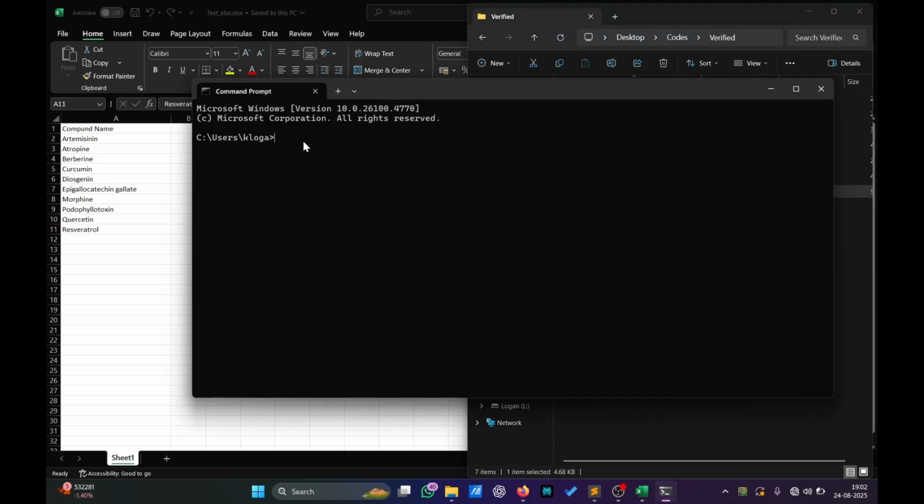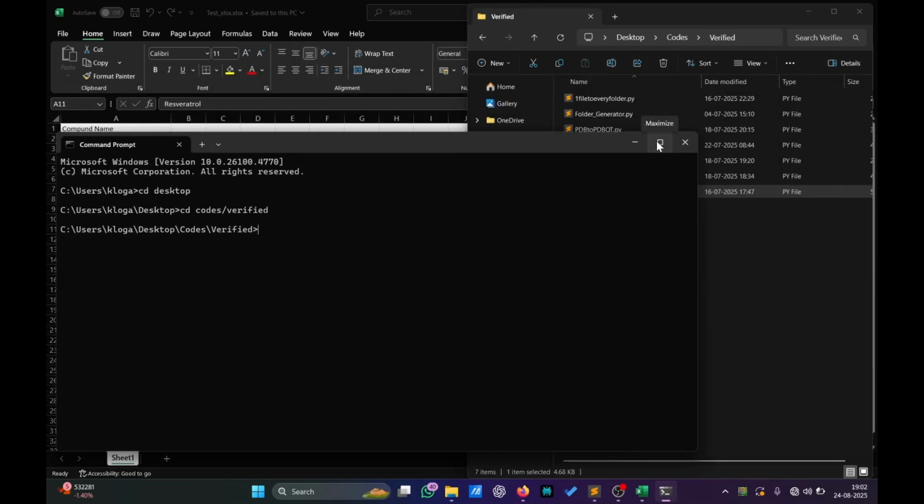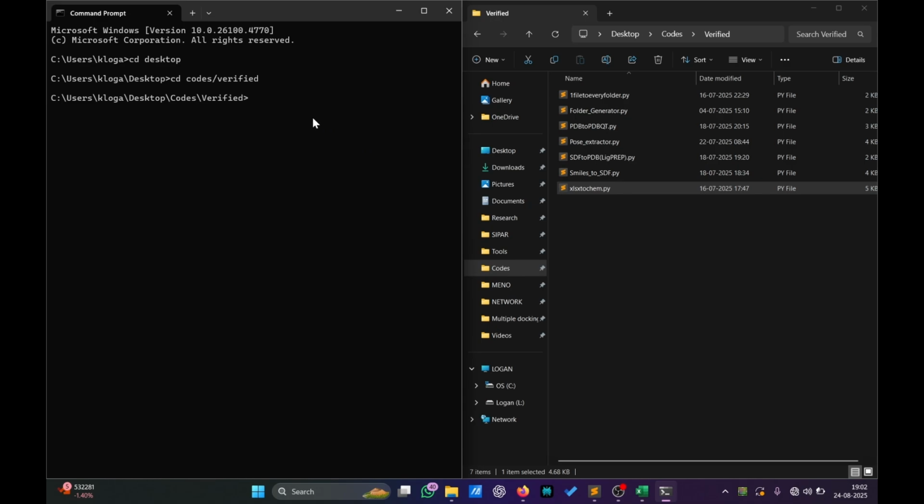Here we have to go to that location. Mine was on the desktop, then codes. So this is the location where my code is present, and I have commanded the command prompt to go to this particular location where I have the codes. Then I'll ask Python